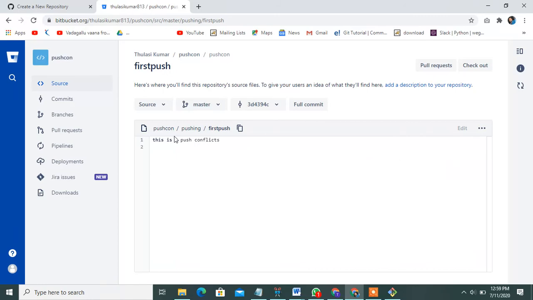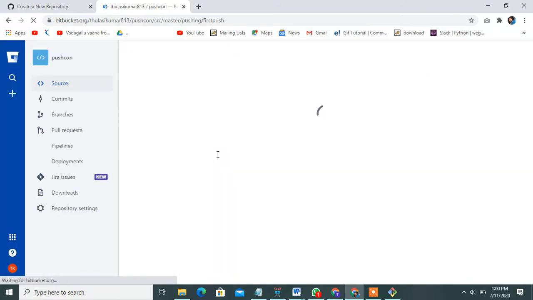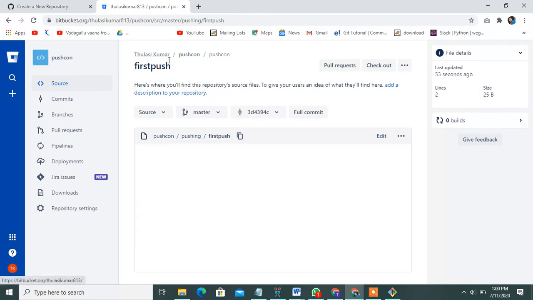Yes, okay guys, see this. Under first push, open my code, this is the push conflict.